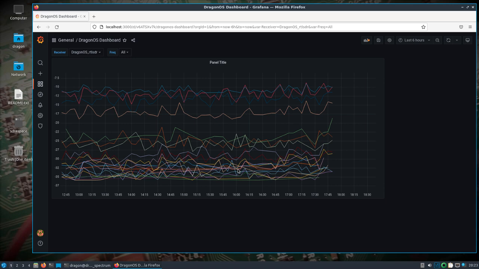I do have the legend hidden that would show all the frequencies that are selectable here. I'll just highlight over a little one here so you can get an idea of what I'm saying. There's a 104.3. You can see the levels it was seen at. And so all those lines are representing different frequencies that were identified. I think it was about the FM 88 to 100 and something, 107, 108 megahertz. And so over a period of time,